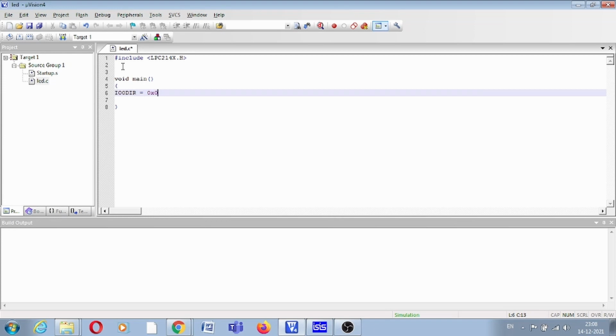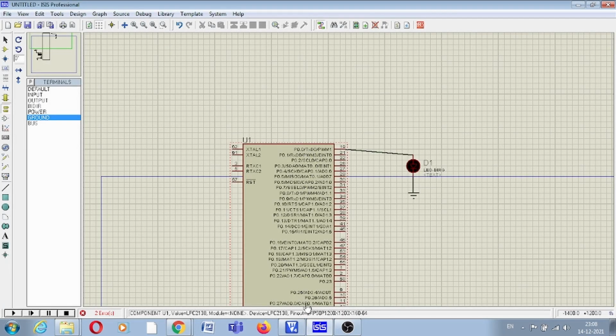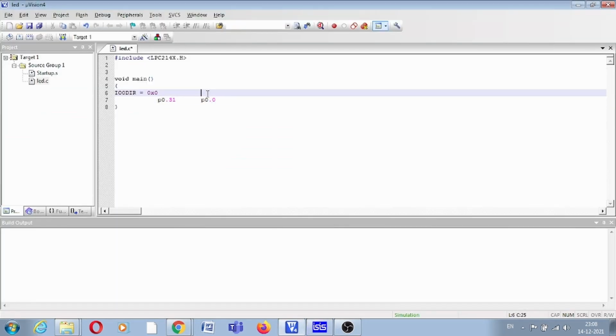If you write 0, it means 0000, right? So you can consider the most significant bit as P0.31 and the least significant bit as P0.0. And here you can see we have connected our LED with P0.0. So you have to make this bit 1, and all the others should be 0.